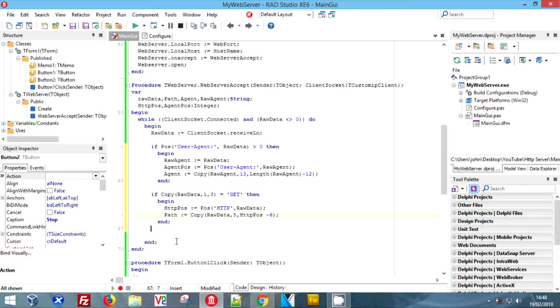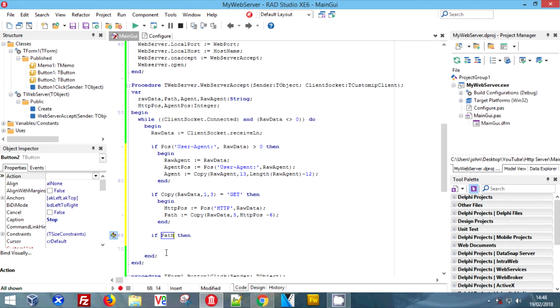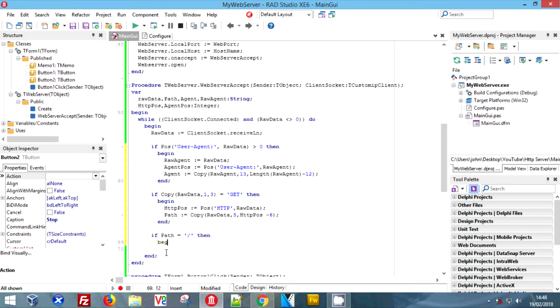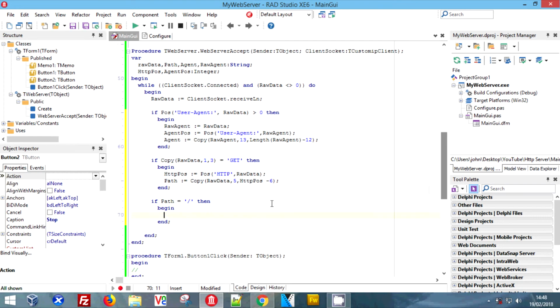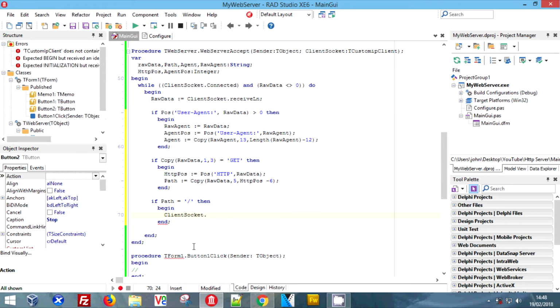And then from this point, if the path, so we want to determine if they've called localhost on 8000 and a slash, or just localhost on 8000, which will automatically use the slash. So if the path equals slash, then begin, and we simply want to send them back HTTP and code 200, which is okay. So we're going to do client socket dot send line,